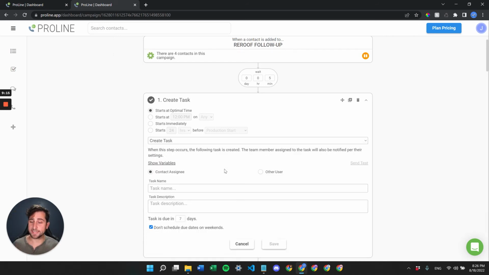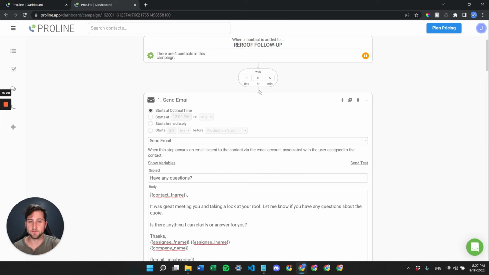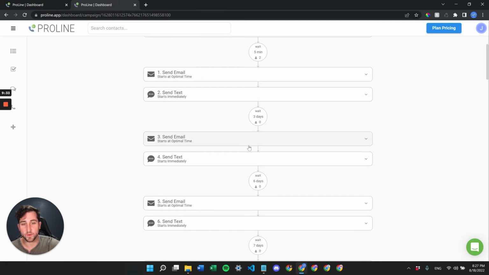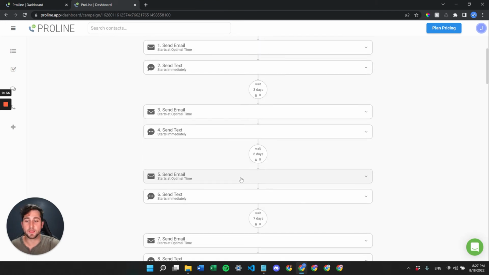You can also create a task. So we have a whole task system in ProLine, which we'll go over in another video. And so you can actually create tasks as part of these sequences. A really common application of this is in the process of this follow-up. Maybe you have an email and text follow-up here, and then it waits 3 days, another email and text follow-up, and then maybe after that you want the sales rep on your team who's assigned to this contact to actually do a manual call. And so you might add a create task step and create a task for that sales rep that's assigned to them. They're going to get notifications and reminders about it to personally call